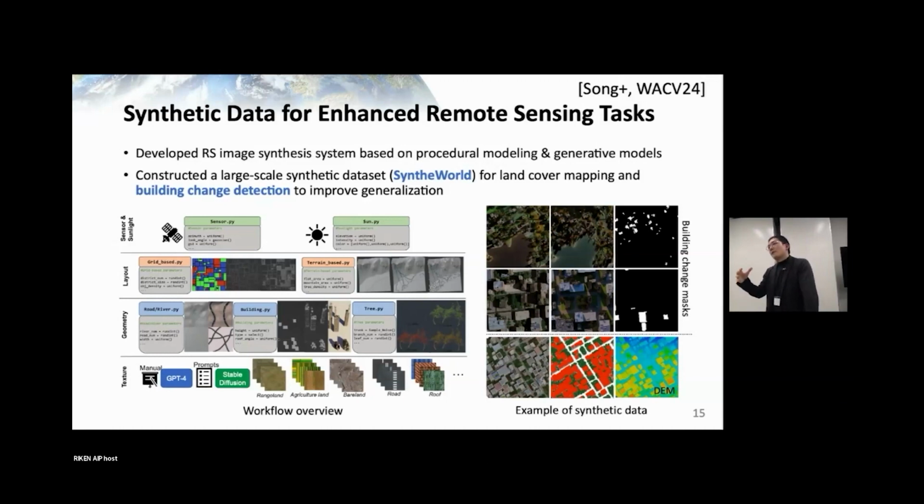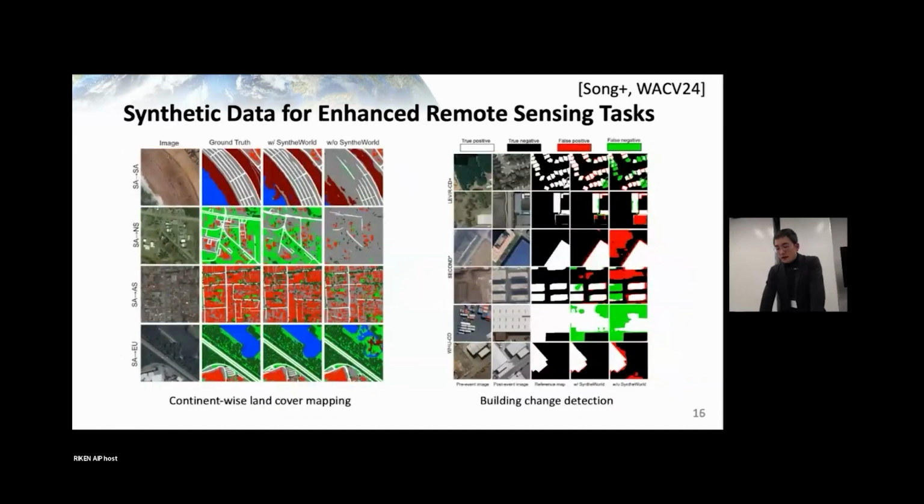And with real data, it's very expensive, either by stereo vision or LiDAR measurements. It's expensive and it's very difficult to collect a diverse data set covering different characteristics of geographic regions. So here are examples of how this synthetic data can help to improve. On the left-hand side is showing that using this synthetic data in addition to real data can help to increase the performance when there is a domain gap between training data and testing data. And the right-hand side is the similar